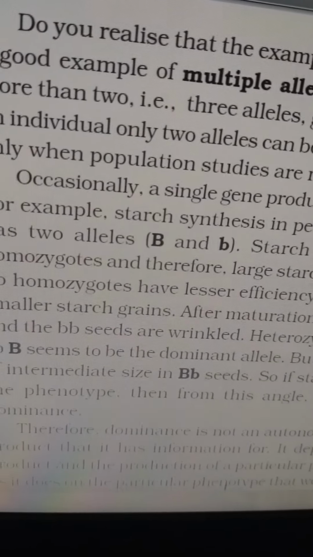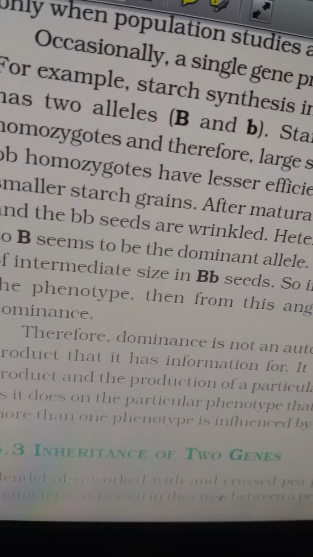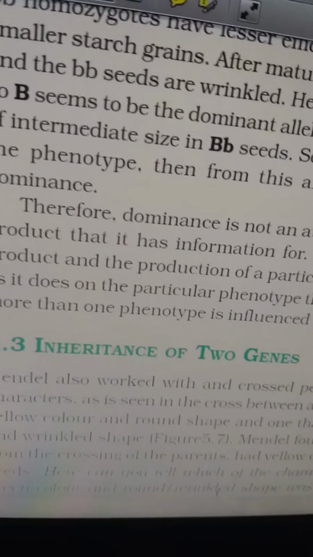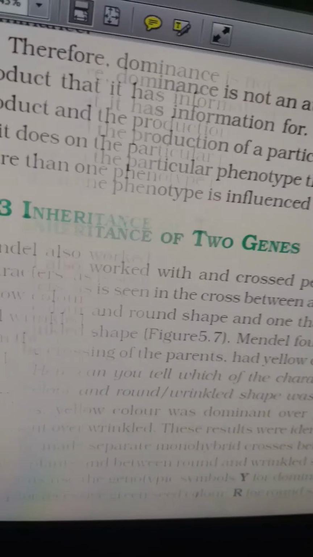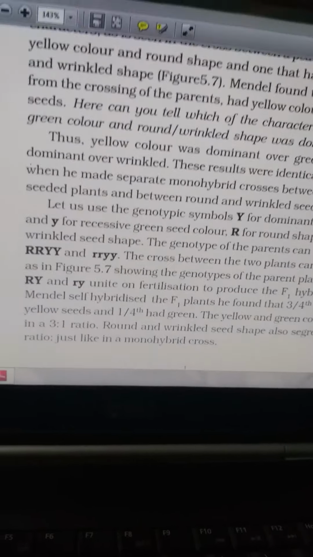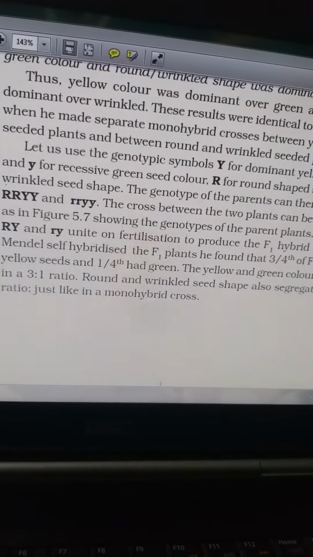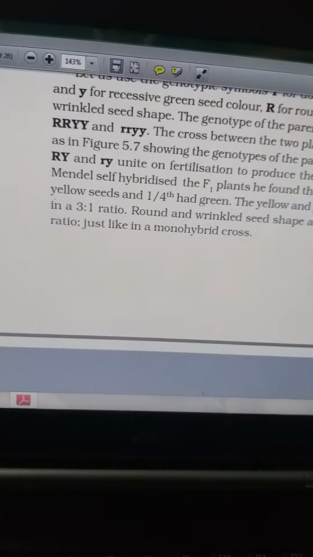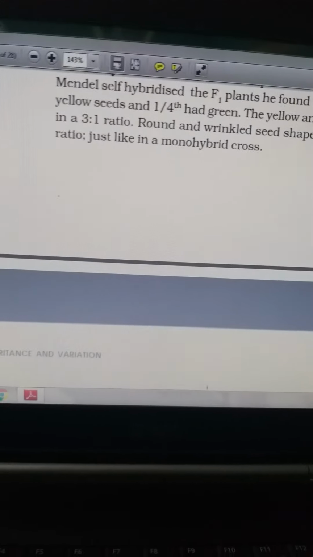Now you have to focus here on the map. See how we deal with multiple alleles. Multiple alleles means taking more than two characters. With two genes, you have already learned this. I had told you about dihybrid crosses, and it is a revision of your class 10 course also. In class 10 also you had the checkerboard, the dihybrid cross.